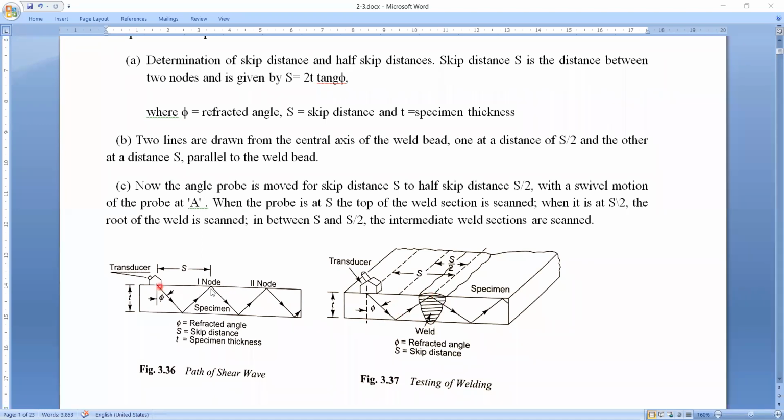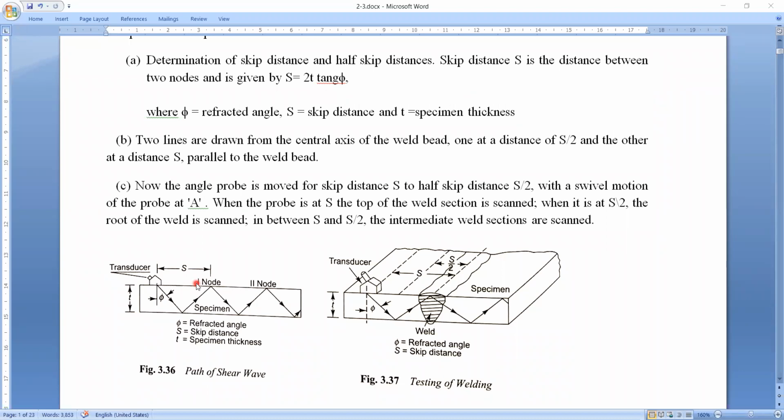We have to note these points, because with a random movement of the probe, there is no possibility to predict the total covering of the weldment. So we have to follow certain methods, then only we can scan the total weld. Here we are not scanning in a direct manner, we are scanning the weldment indirectly, because we are using the angle beam method. So we have to maintain the probe movement in a controlled manner.